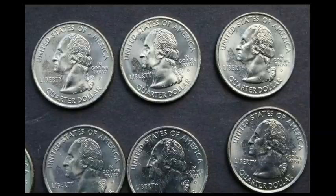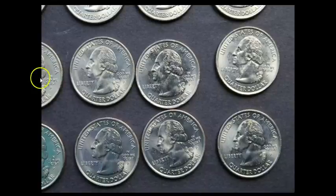So when there's a little skim of grease on the die, it'll translate onto the coin as being something like this, where you're not going to get complete metal flow to exhibit the best kind of luster. You'll get these luster breaks because of the struck through grease areas. Now, there are a number of them, again, 18 of them, but